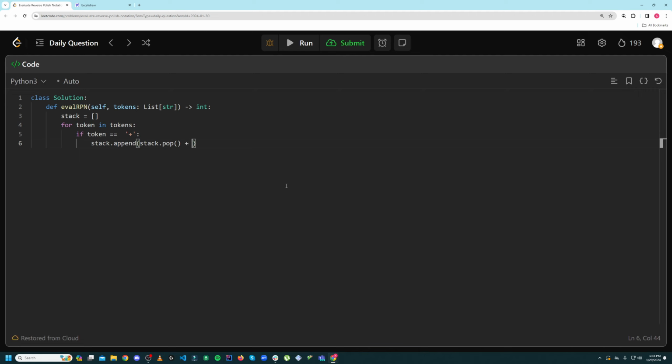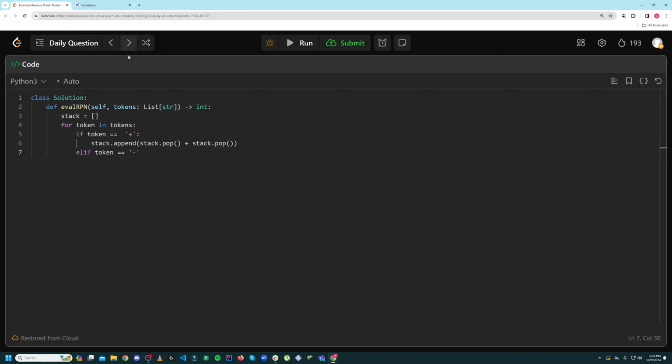They tell you that this is always going to be valid. We're always going to have valid inputs. So we take the last two things, we pop them, and add them together. Okay, otherwise, if it's minus, what you want to make sure is